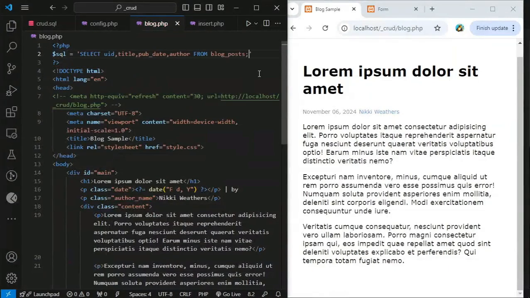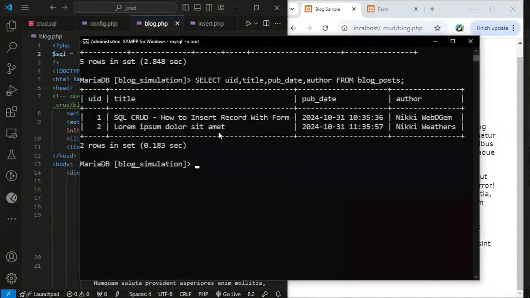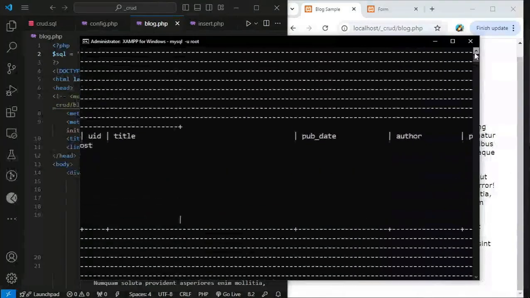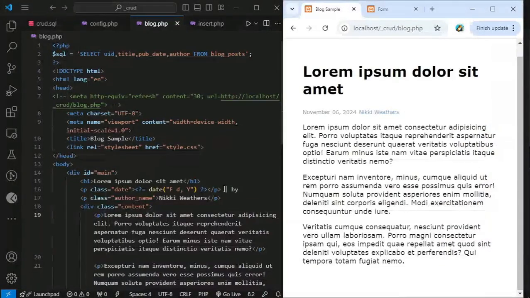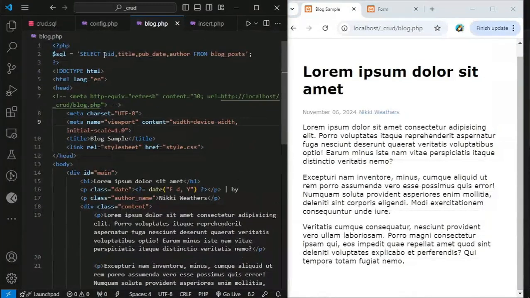So I just pasted it here. Instead of select this, we're going to use the wildcard, and using the wildcard selects all information. Now, when I was in the terminal, the reason I don't select all is, I'll show you why. Select all from blog, because it's hard to read in the terminal. But in the actual displaying of information on a page, you do want to select all, so we use the